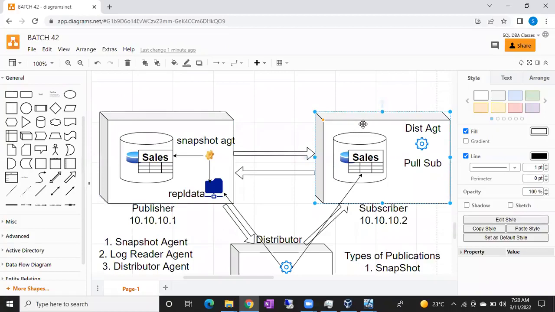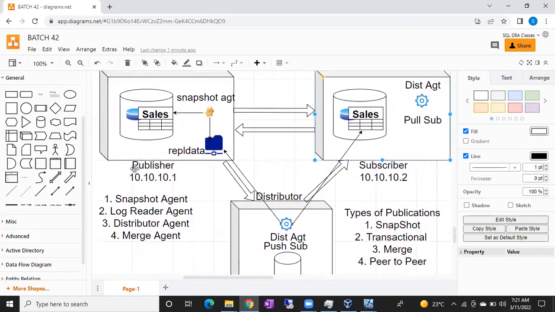So the print media can give publications to you. The reverse is not possible. Subscriber to publisher is not possible. Whereas in bidirectional, whatever changes you make from the publisher side will be applied on the subscriber side, and whatever changes you make from the subscriber side will be applied on the publisher side. That is bidirectional.